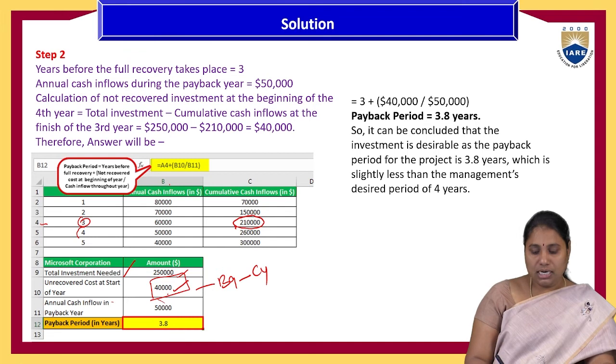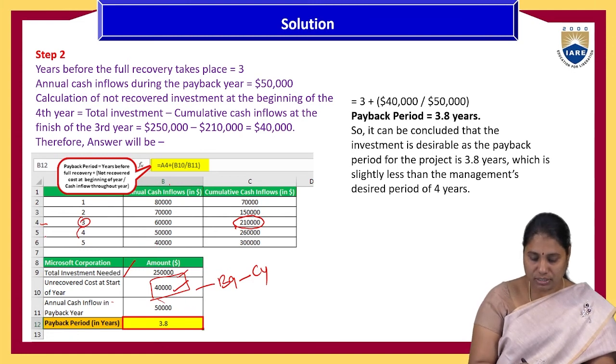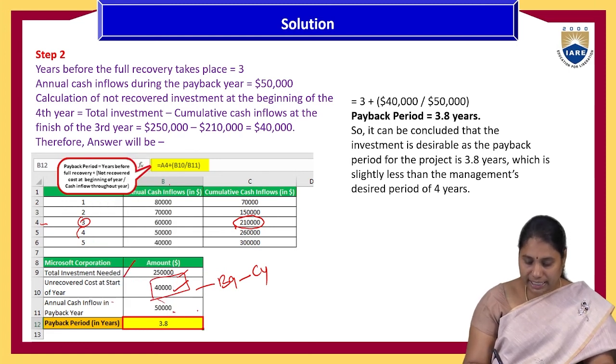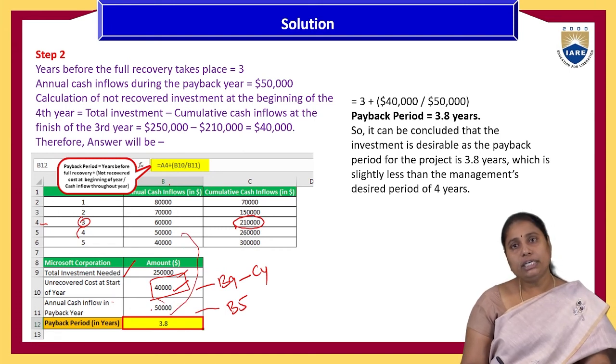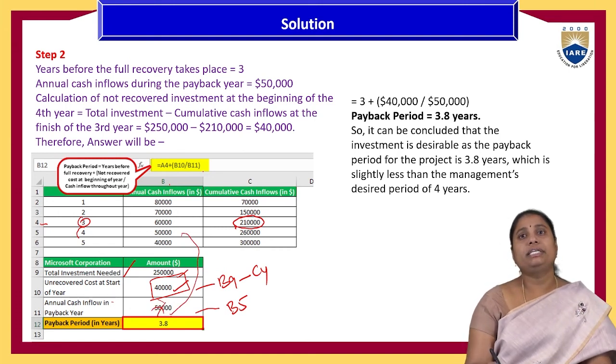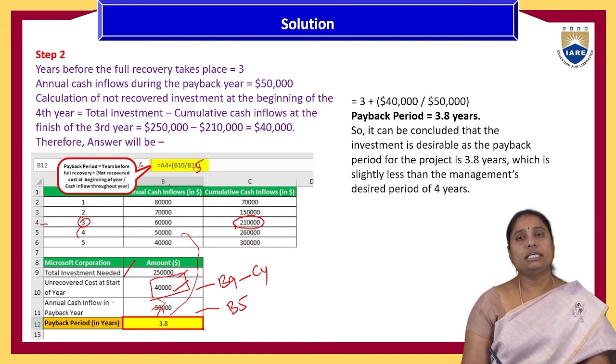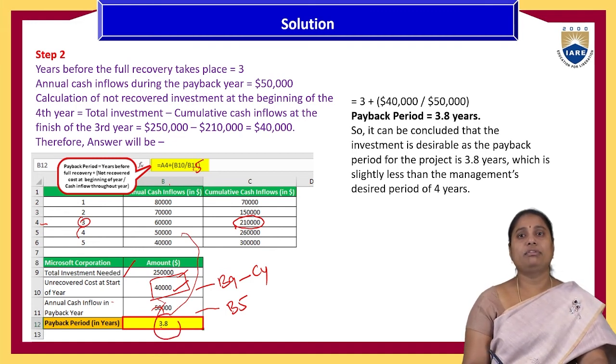Now the B10 value is 40,000 divided by the annual cash inflow for the payback period. For the annual cash inflow, you can use the B5 value. The same value will be extracted here. So you can give B10 divided by B5 in the formula bar, and then it will be calculated automatically as